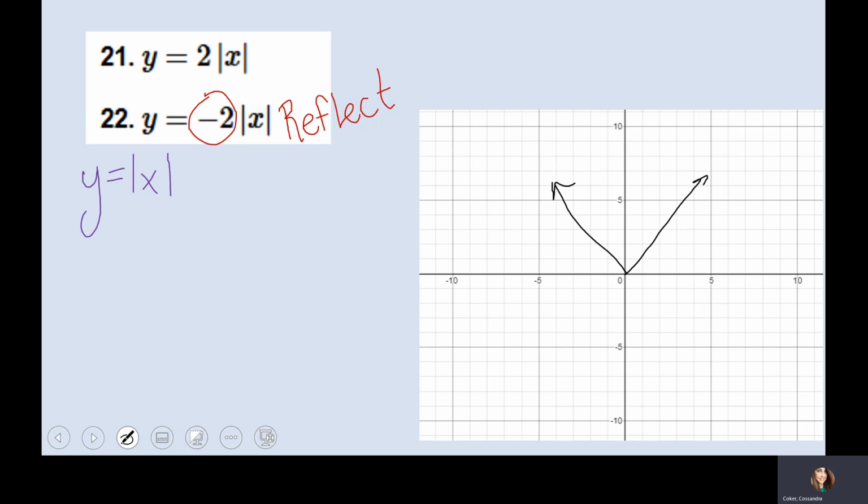All right, in the top one, 2 times the absolute value of x. Well, we're taking every,